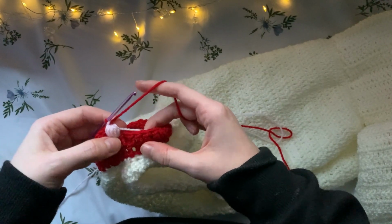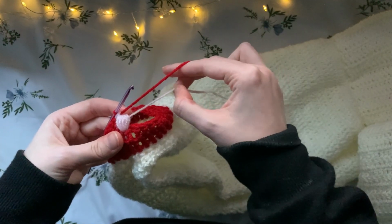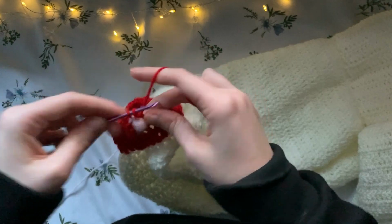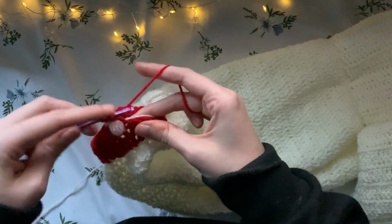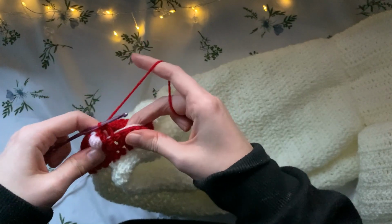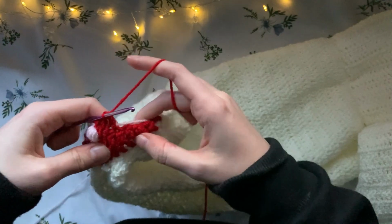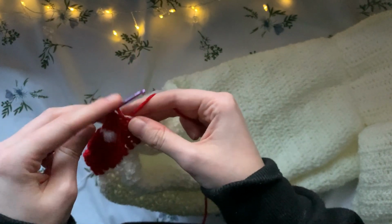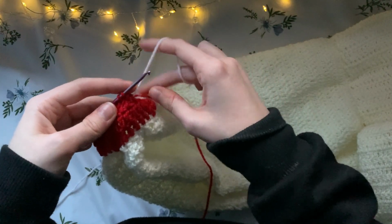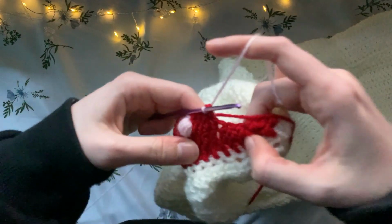So I'm going to do 4 double crochets, and then on the 4th double crochet I'm going to change to pink, and I'm going to drag this colour along as I go. So 1, 2, 3, and then I'm going to finish the 4th stitch with the pink. So I'm going to drop the red and pick up the pink, finish the stitch with the pink,